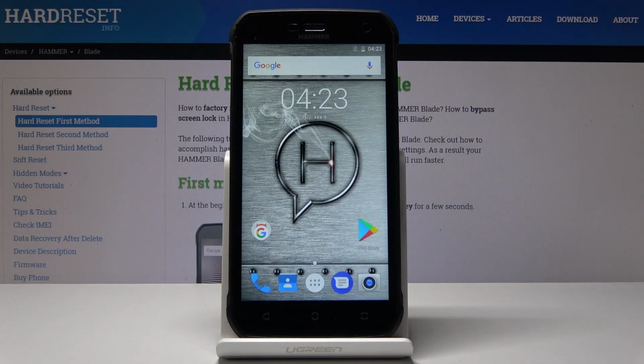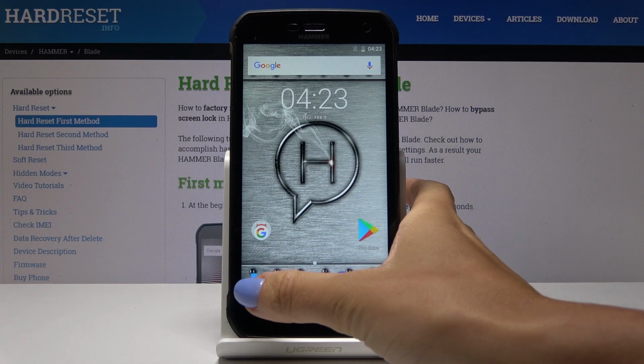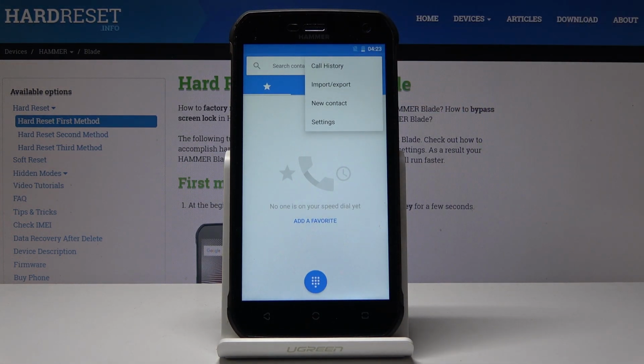Here I've got a Hammer Blade, and let me show you how to block a number on the following device. So at first you have to open the phone dialer. Then click on the more icon, which is three dots in the right upper corner, and then go to the